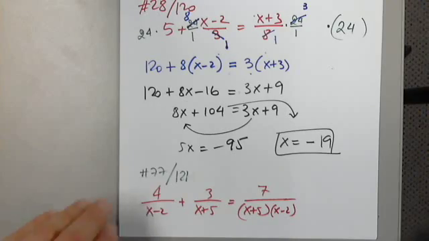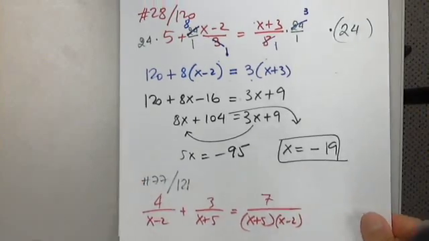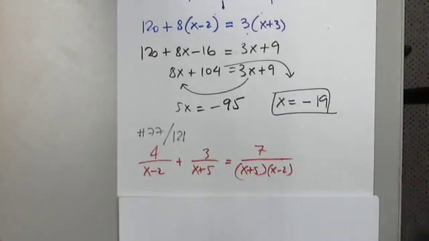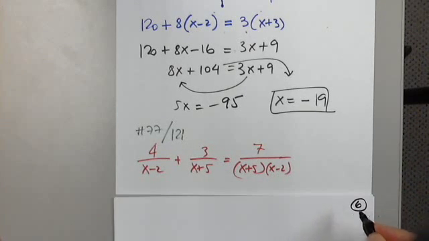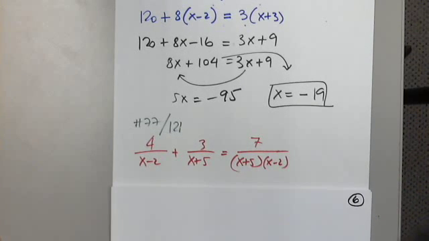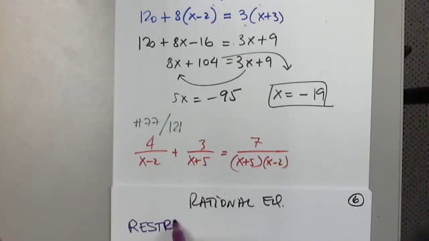What is it? I always ask myself when I'm given an equation, what is it? In the hope that if I correctly identify it, I have great chances of being able to solve it correctly. So this is indeed a rational equation. It has x in the denominator, so it must be a rational equation. Good. So the next step, after I identify it correctly, is what is called restrictions